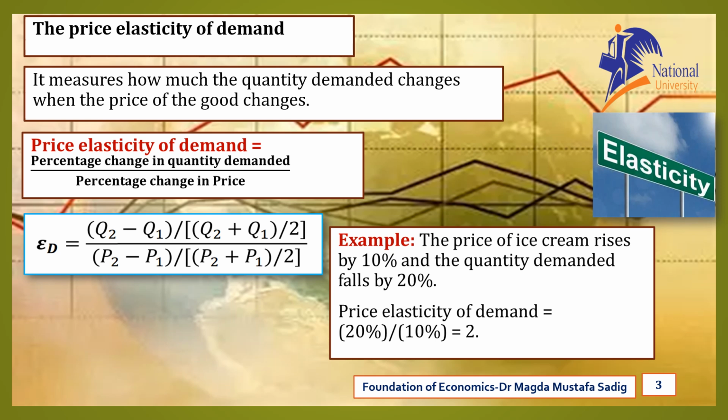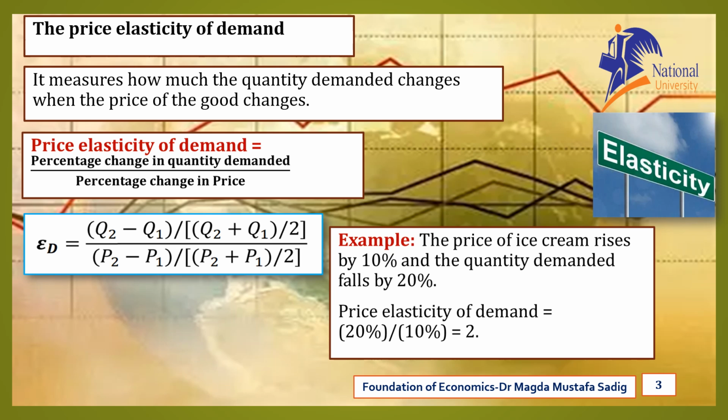Then we have to calculate the percentage change in price, where the old price is $2. The new price is $3. The change is 3 minus 2 equal $1. So the percentage change in price is 1 divided by 2, and then we multiply by 100, which is 50%. Step 3, we can apply the elasticity formula, which is percentage change in quantity demanded divided by percentage